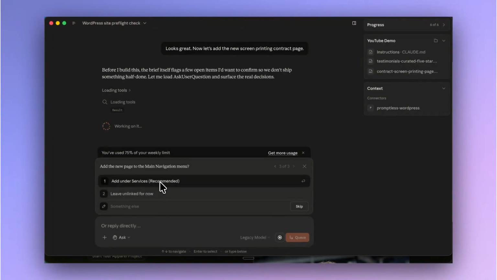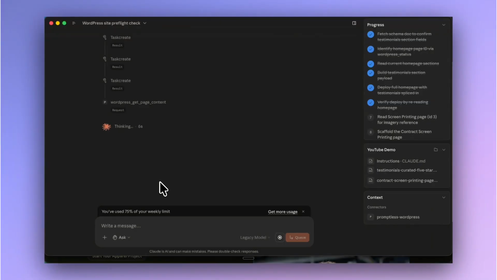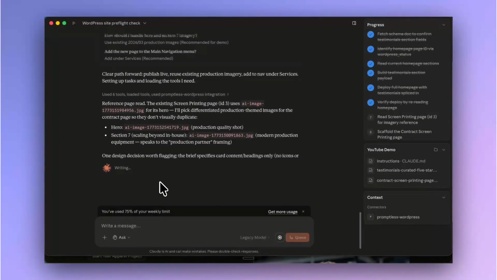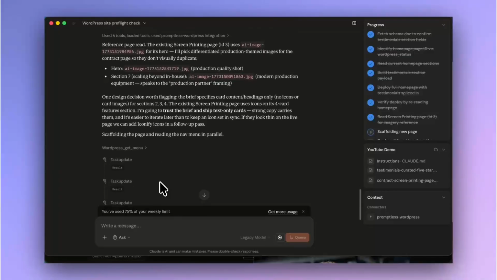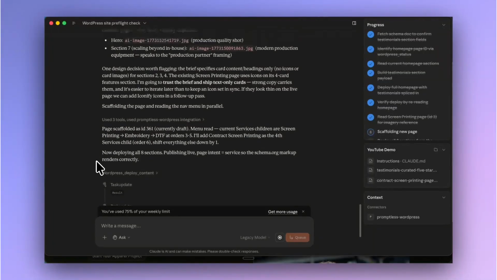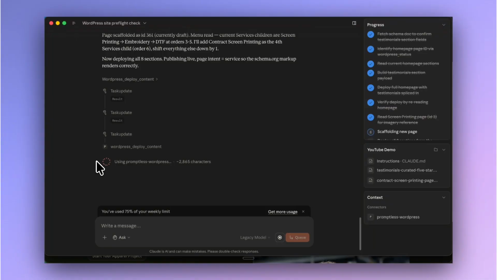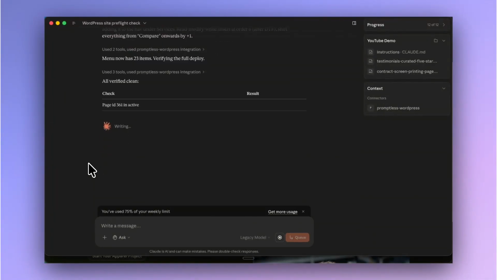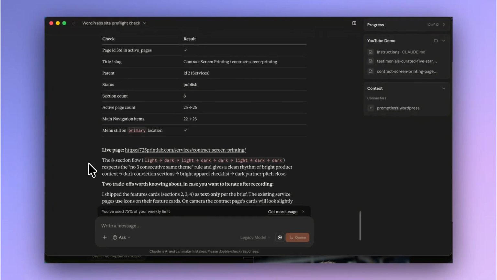Add under services, recommended. So the page is live,